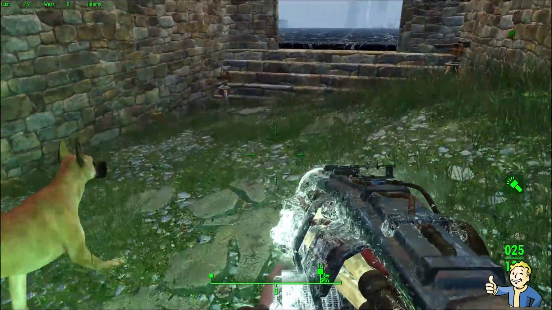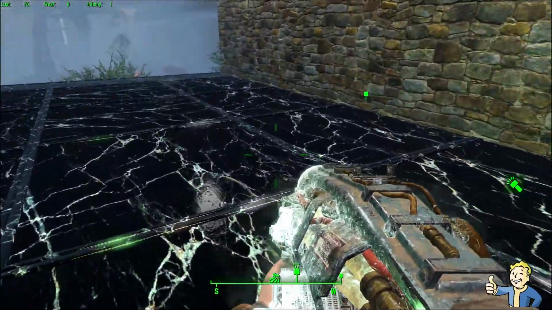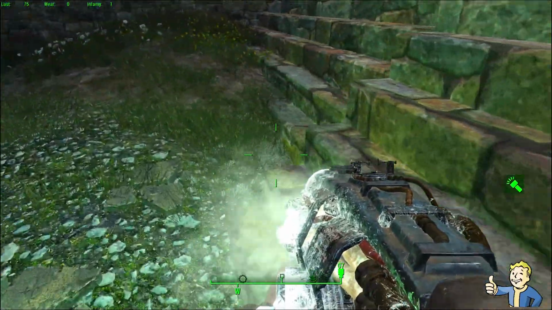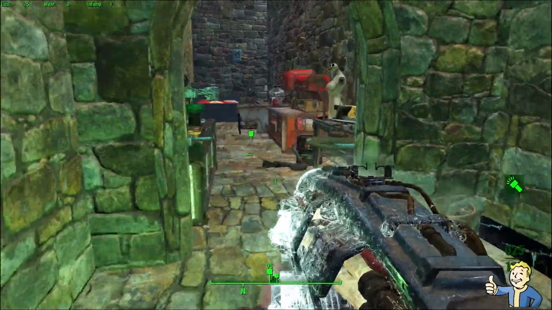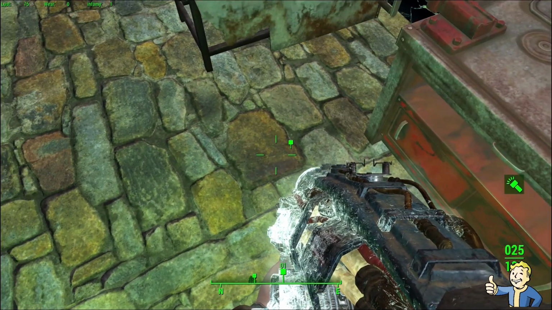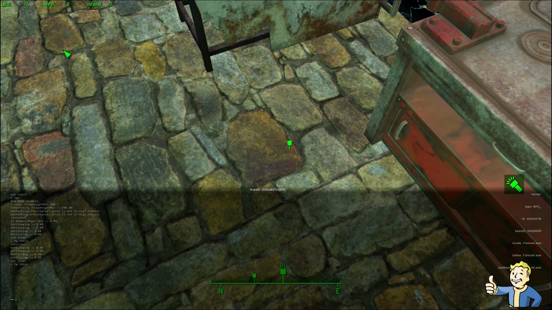There's my Great Dane from the Creation Club content. I have my Border Collie, which I had as a follower for quite a while. You cannot get them as followers, by the way. You have to have mods for that. So anyway, we need to go down in the ground or get him up on top